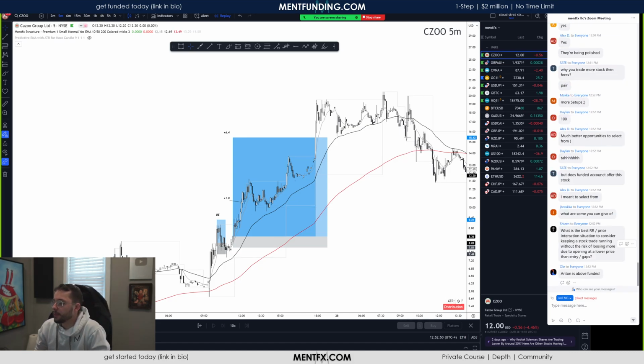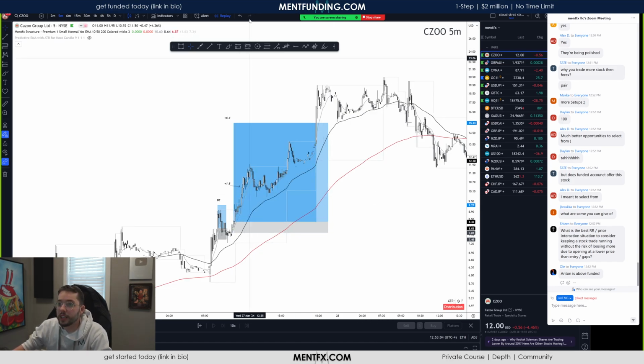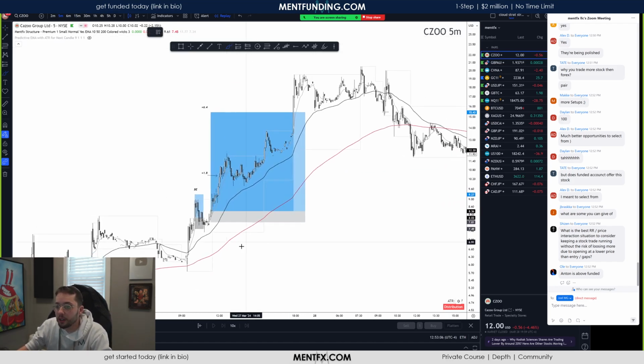Shizen says, what is the best RR to price interaction situation to consider keeping a stock trade running without the risk of losing more due to opening at a lower gap? Just a question of how far up is it? On the first day of trading this, I already took 50% partial, which means that even if the next day it gaps to here,